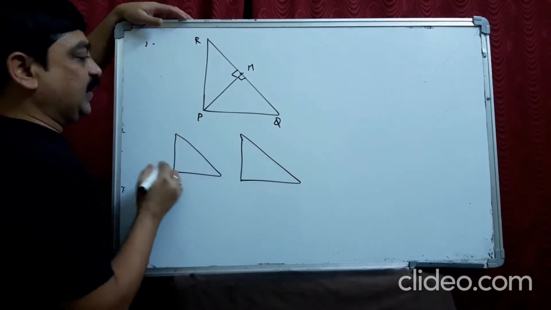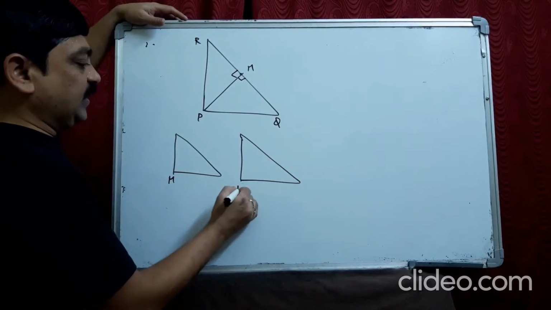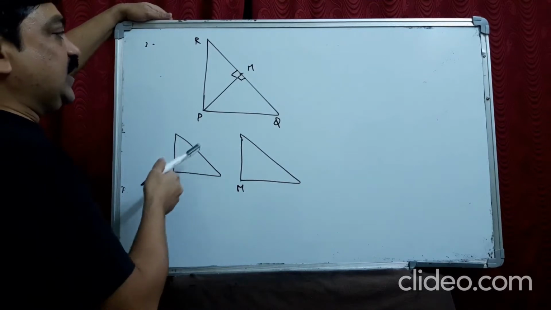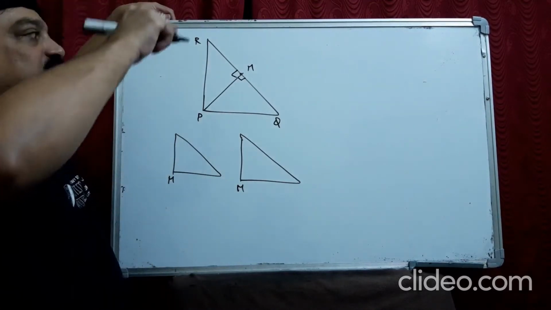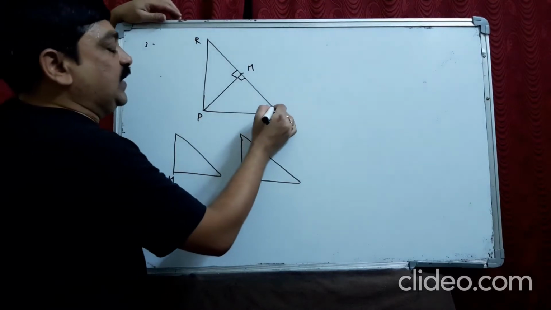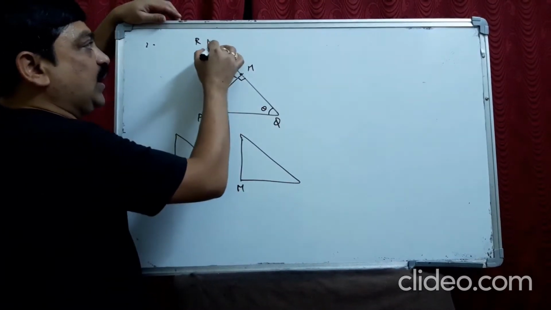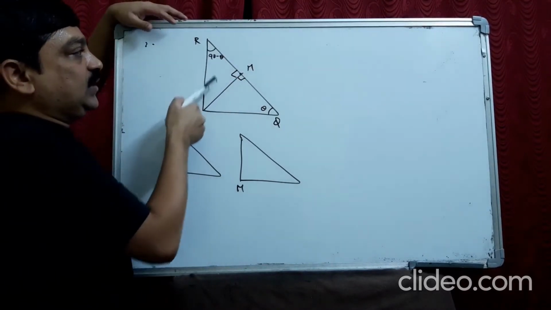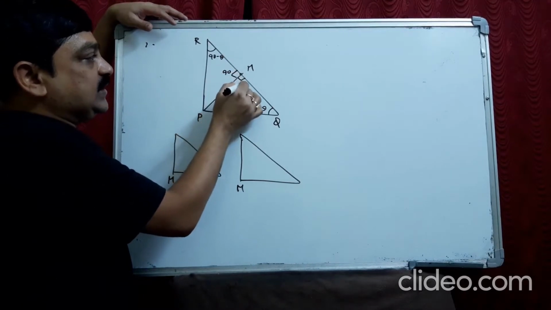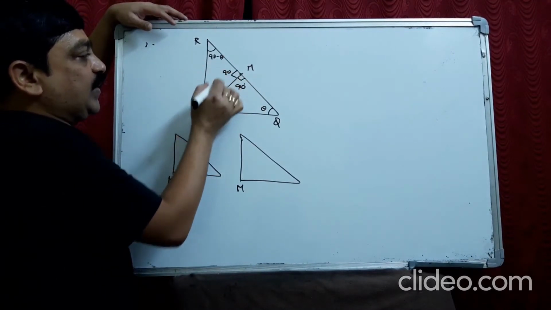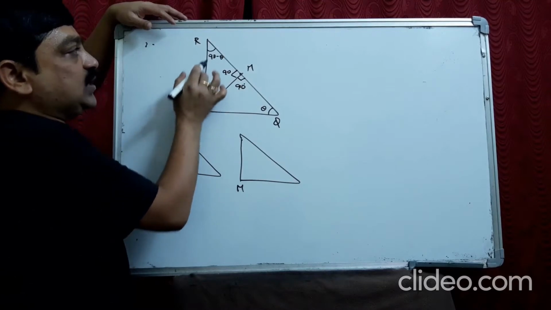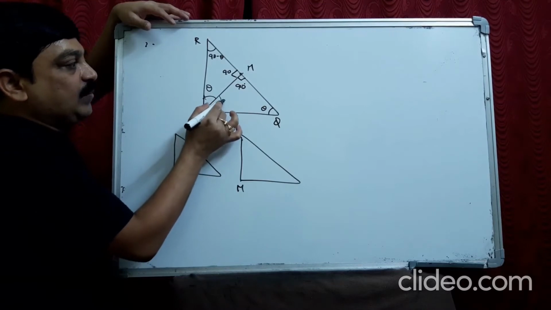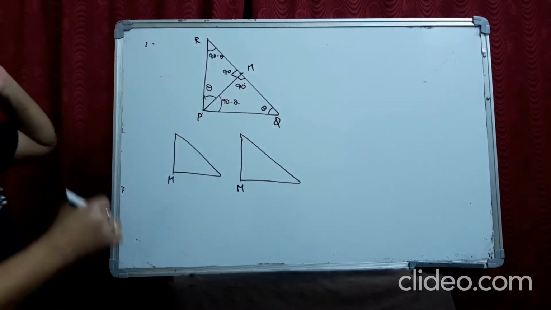Both the right angle triangles separately. So 90 degrees is same. One is PMR and the other one is QMR. So in these two right angle triangles, which angles are equal? This is important here. If this is theta and this is 90 from the whole triangle, this will be 90 minus theta. Now when you take the small triangle, this is 90, this is 90, and this is 90 minus theta. This should be equal to theta because the sum of angles should be equal to 180. And when this is theta, the whole thing is 90, so it becomes 90 minus theta. This is very, very important.